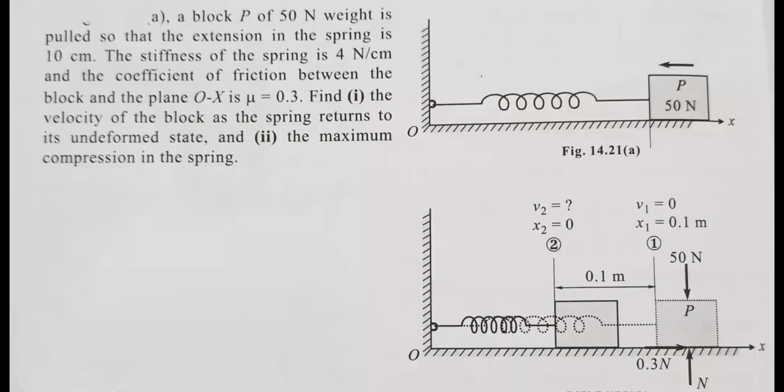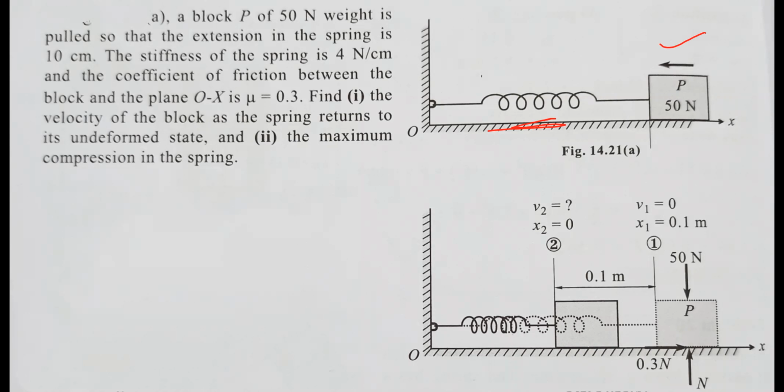Hello everyone. In this question, we are going to solve this question of engineering mechanics, which is based on the work energy principle theorem. Here it is being given that we have a block over here, whose weight is 50 Newton, and it has been pulled so that the extension in this spring is 10 centimeter. Next, the stiffness of the spring is given to be 4 Newton per centimeter,